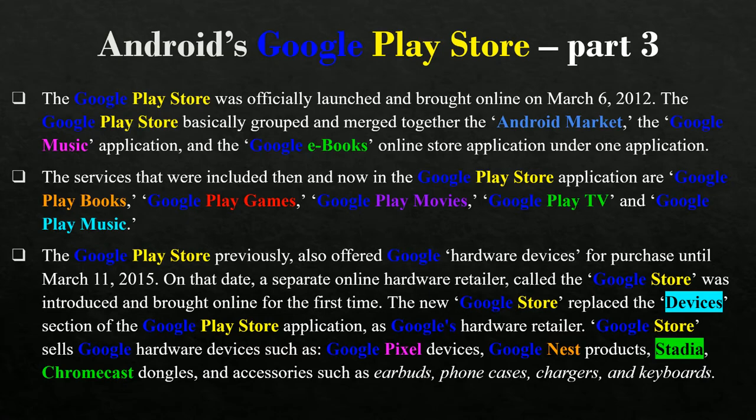So essentially, the Google Marketplace was replaced with the Google Play Store, and they implemented their own services similar to what Apple has. So you have your dedicated movie rental site, your music, your books, or even some of their own services such as YouTube, Stadia, and Google Nest and stuff like that, all integrated in one place on Google's platform, similar to how iOS does with their devices and their services.